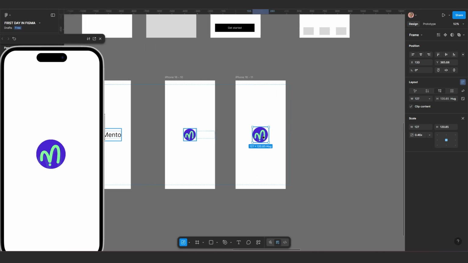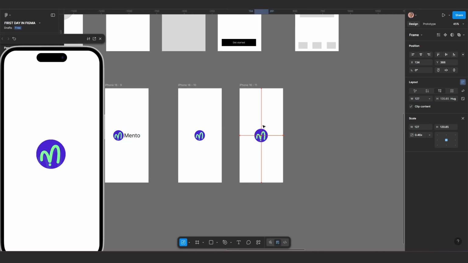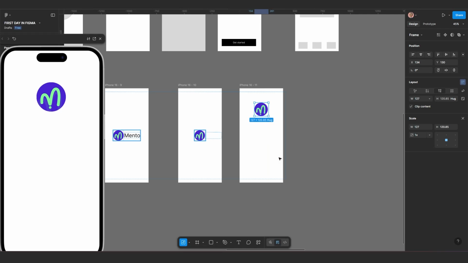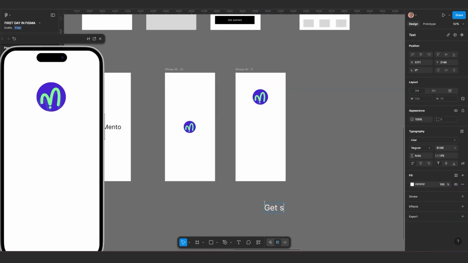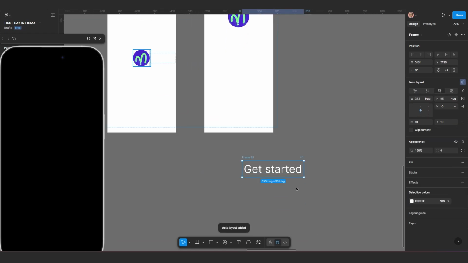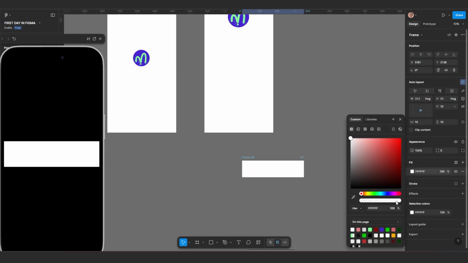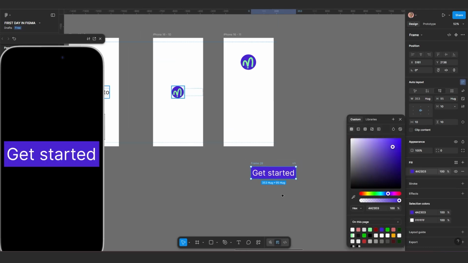So what I'll do now is to make something like this, and I'm going to write get started like this. So I'll press Shift A to add auto layout, and I'll give it a fill, something like this,